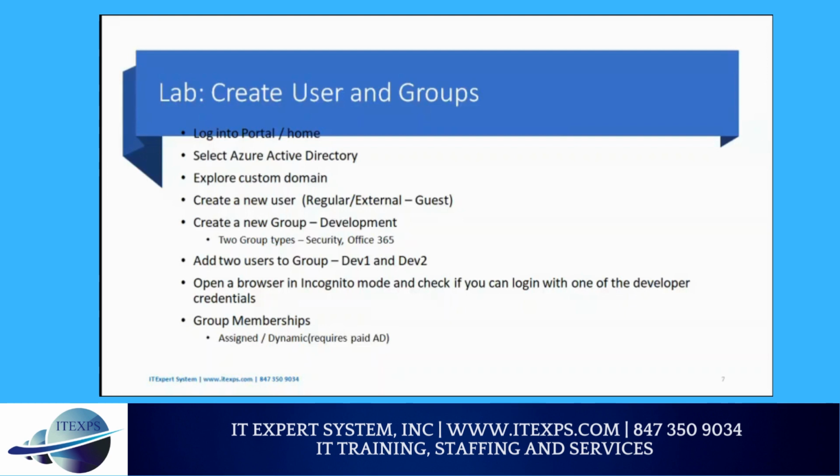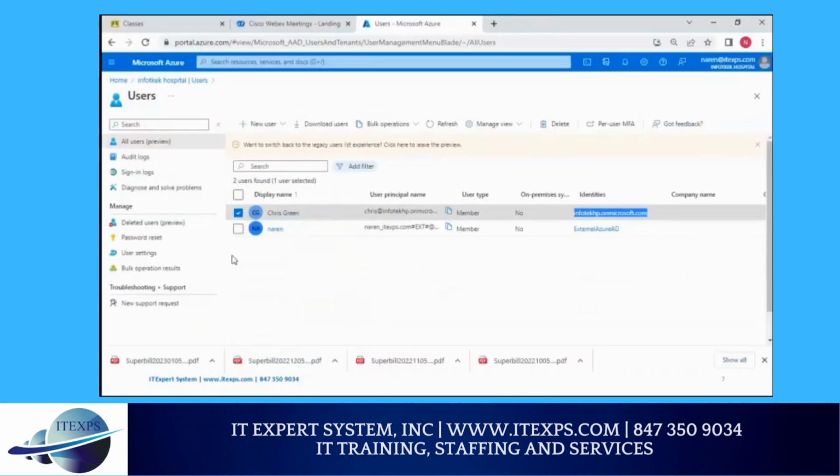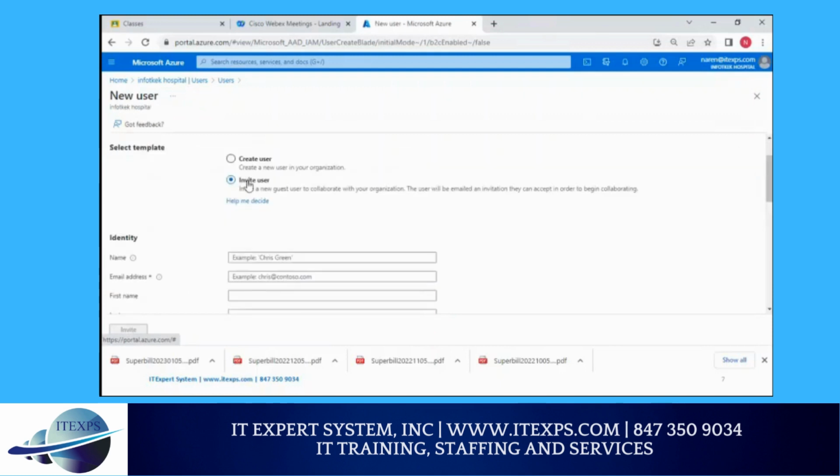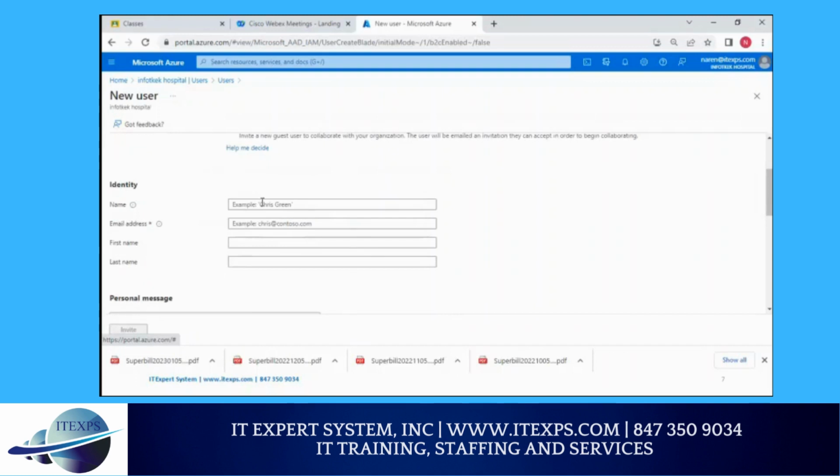If you wanted to do that, you can do something like this. Go back to your users and then create a new user. You see the second option, invite external user to collaborate with your organization. Click on that. So it will automatically select a template called invite user. You can select invite user and then set up their identity. Let's say the identity of that external user is some Robert, and his email address is